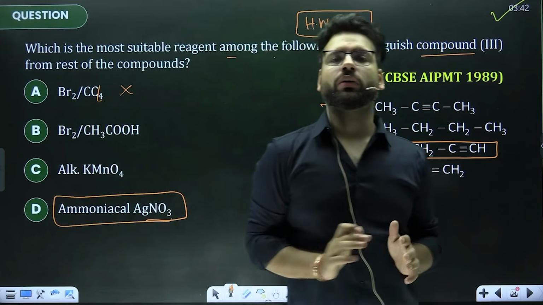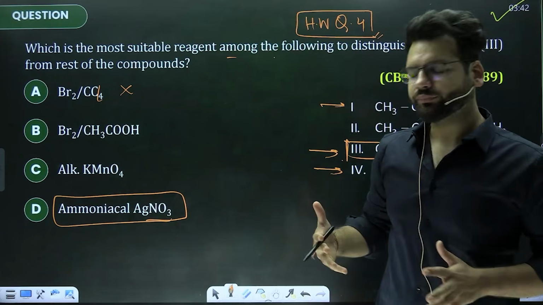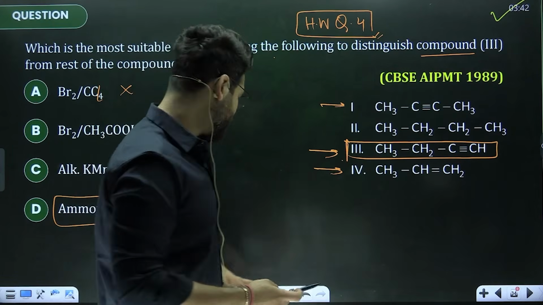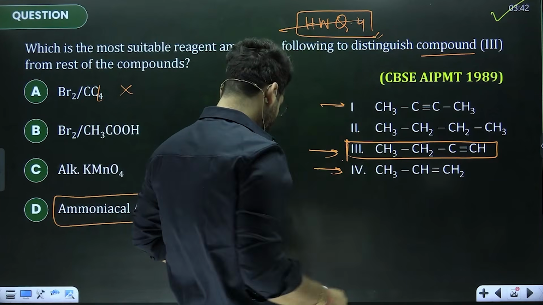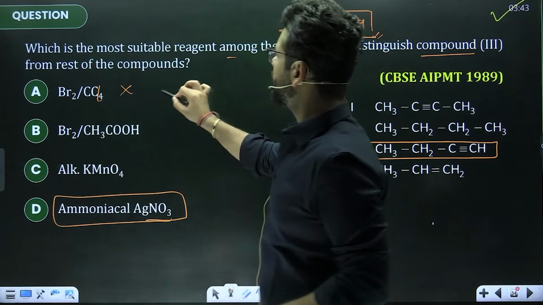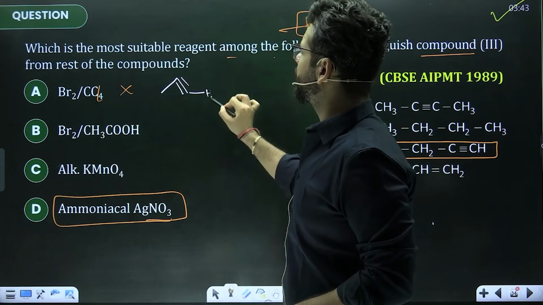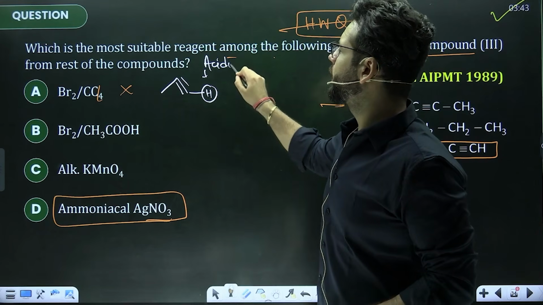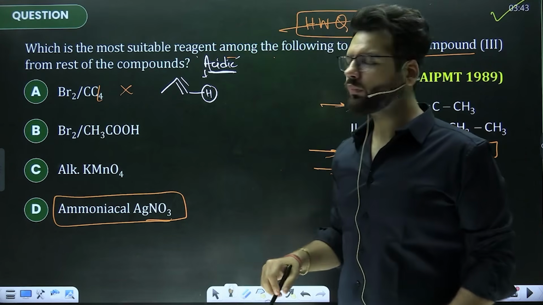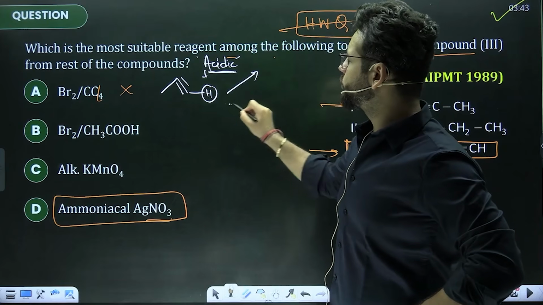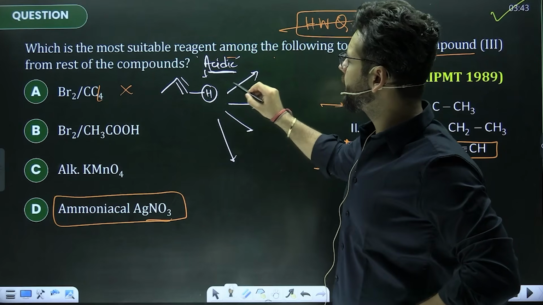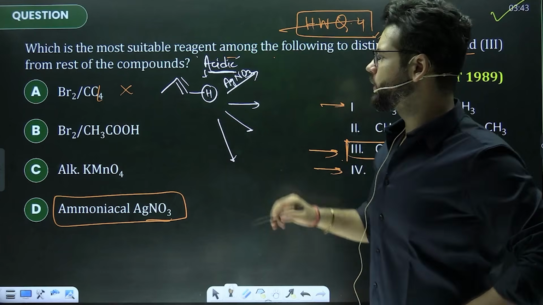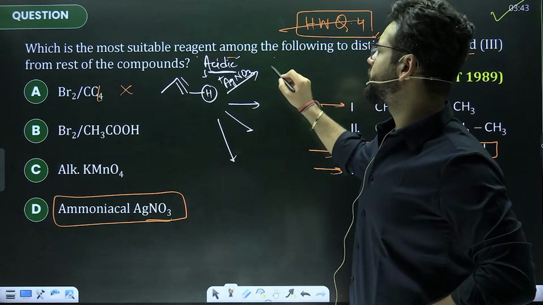When you go to NCERT, if you see the acidic nature of terminal alkynes, this is one extra reaction that alkynes have. Alkynes which are terminal, this is not a homework question, I just tell you here. Alkynes which are terminal carry a hydrogen which is an acidic hydrogen. This hydrogen is attached to sp carbon, which is highly electronegative. So these alkynes can replace their hydrogen with different things. Like if I react with ammoniacal AgNO3, which is nothing but Tollens' reagent, Ag plus replaces the H plus,